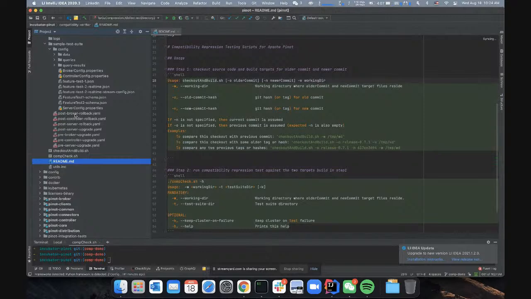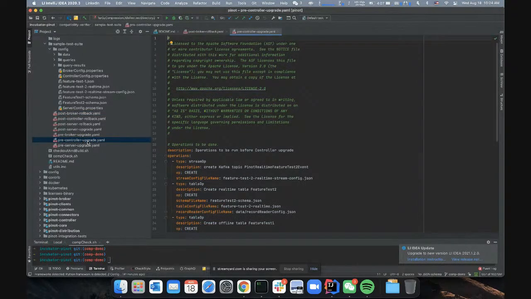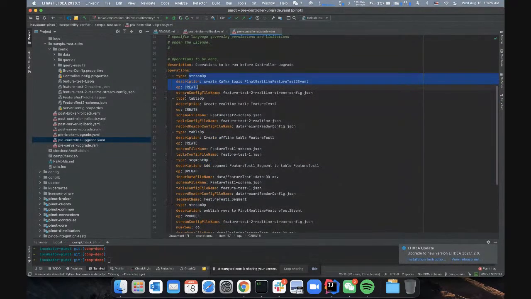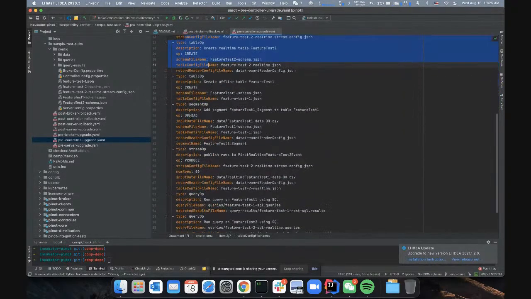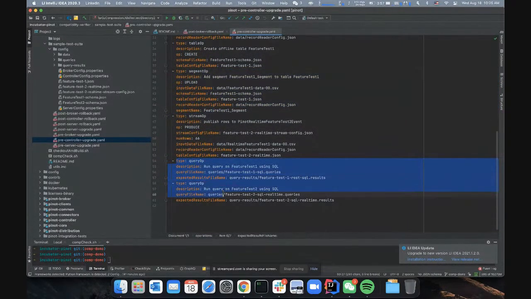For example, the pre-controller-upgrade YAML. Before the controller is upgraded, we can run some operations. For example, create a Kafka topic, create a table, upload some segments into the table, and finally, at the last, run some queries against the table.